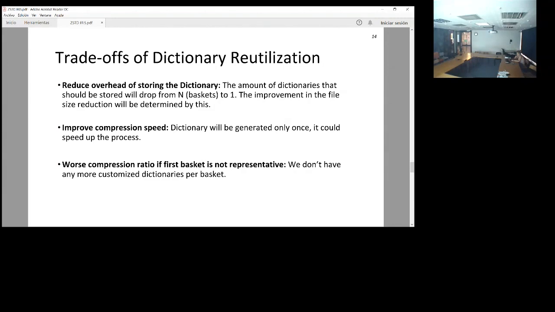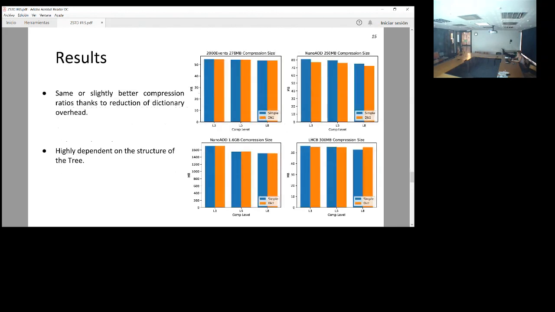And the only drawback, which is obvious, is that the compression ratio could drop if the first basket is not representative. However, as you remember, I have said before that in ROOT, branches usually store information from the same variable. So I have been implementing an initial approach for this, and what we have seen is that nowadays,